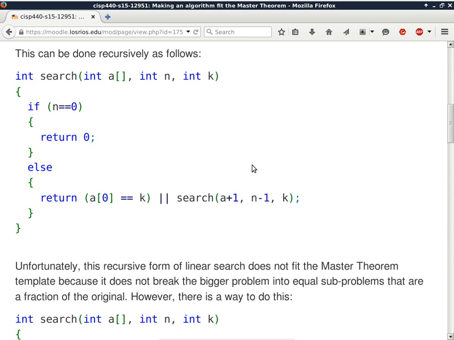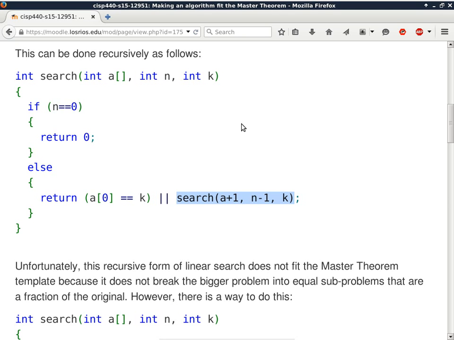But what if the first item of the array is not k? What if this is false? Well, I'm lazy, right? I don't want to search the rest of the array. I'm going to tell someone else to do it. So I'm going to call search again. This time I will pass a plus 1 to a and n minus 1 to n.